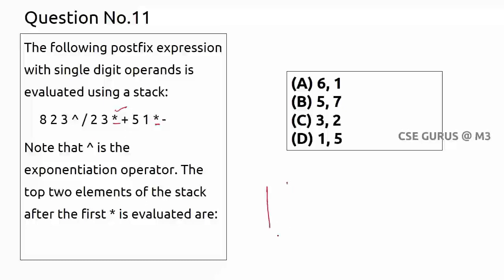So I'll take a stack here. How the operations will come, we'll see. Like this it will be initially. So whenever an operand comes, I'll push it into the stack. Whenever there is an operator, now I have to pop two elements, then I have to operate, right? So first the element 8, I'll push into the stack. Next again operand, yes, push into the stack. Next 3, push into the stack. Next cap, of course the operator.